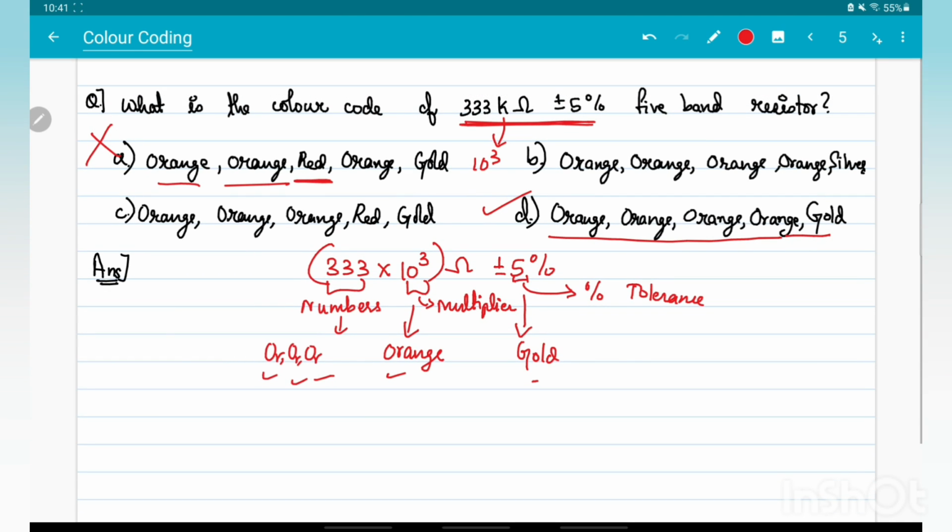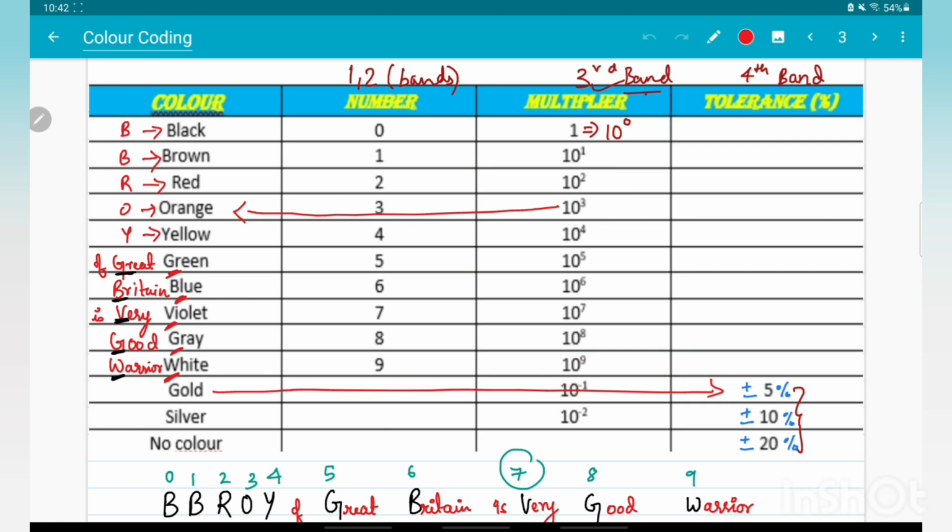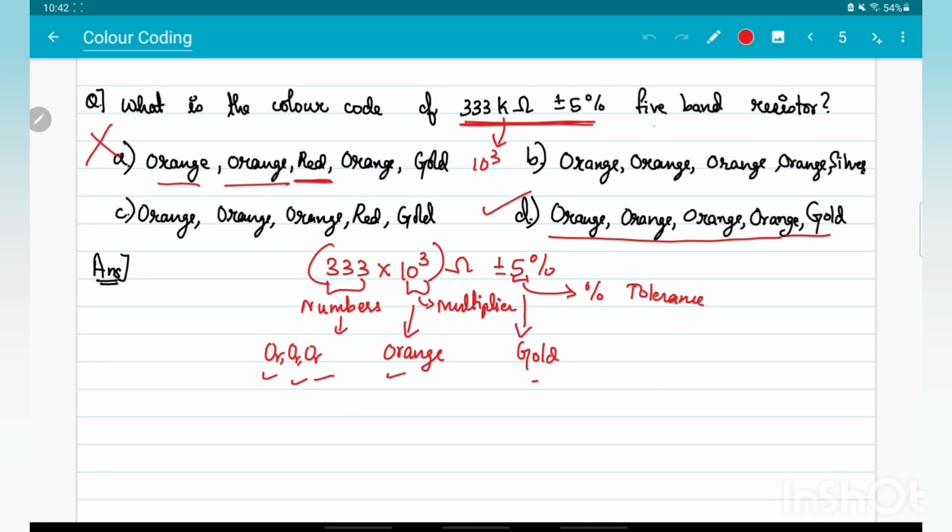So that is how you can solve the color questions that are related to 5-band color resistors also. But usually in CBSE they ask you for this 4-band resistor only, that is this resistor only usually they ask questions. But in case you have got a 5-band resistor question, then you can answer it in this way.